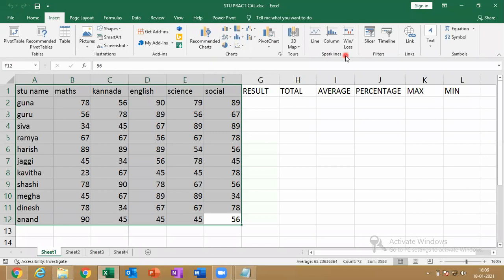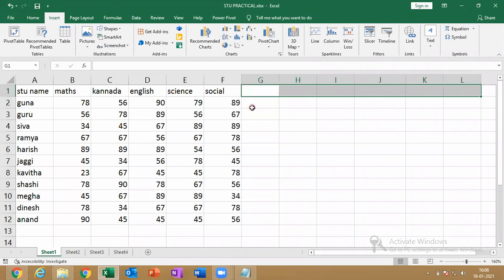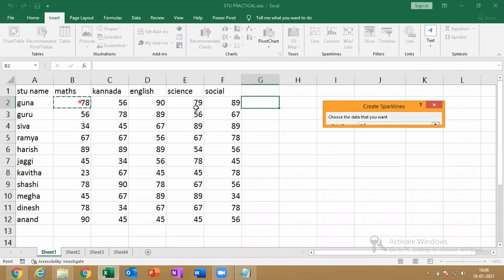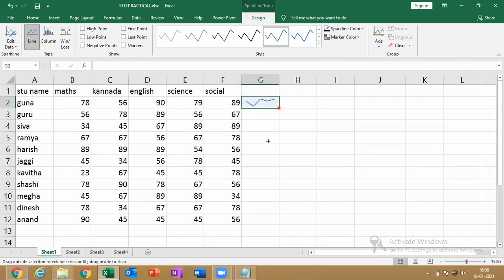Okay, insert, and then I delete this. Just click on this particular cell. Click on the line chart here. Data range. They are asking which data range you want to select. Just drag and select from here to here. Just give OK and drag and drop.